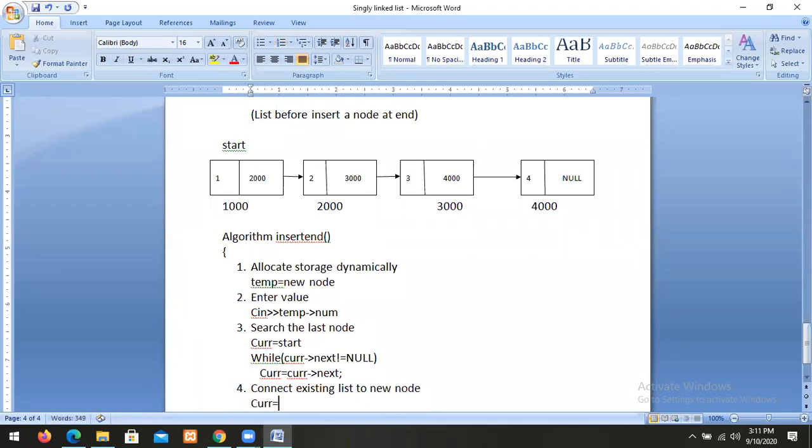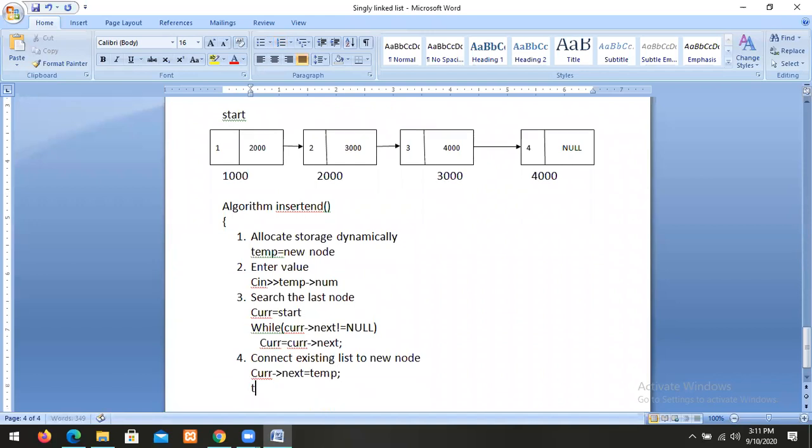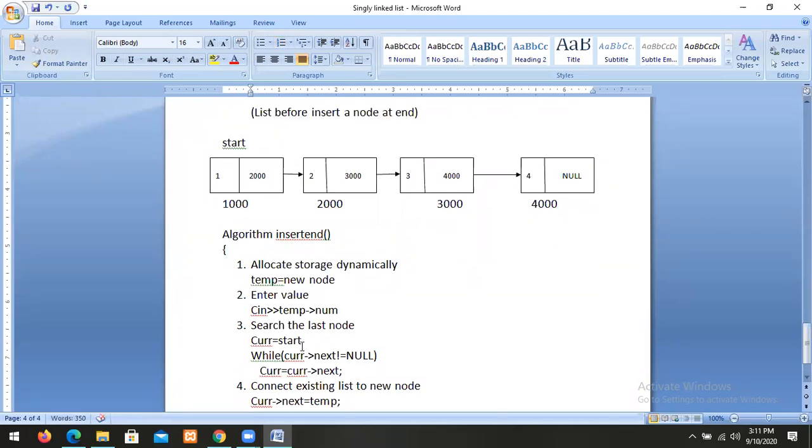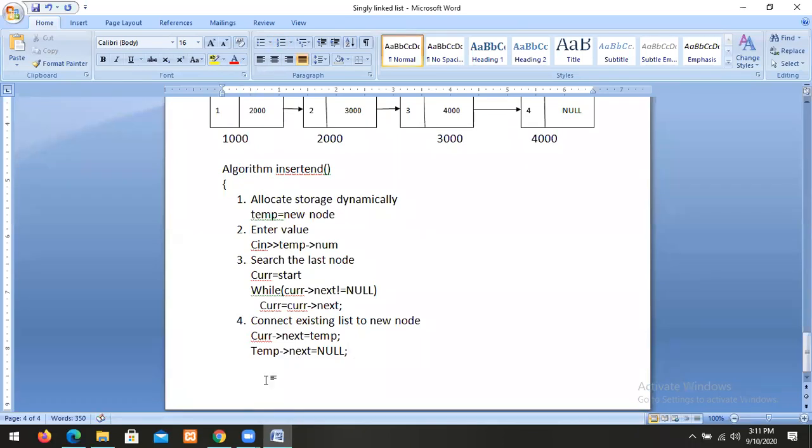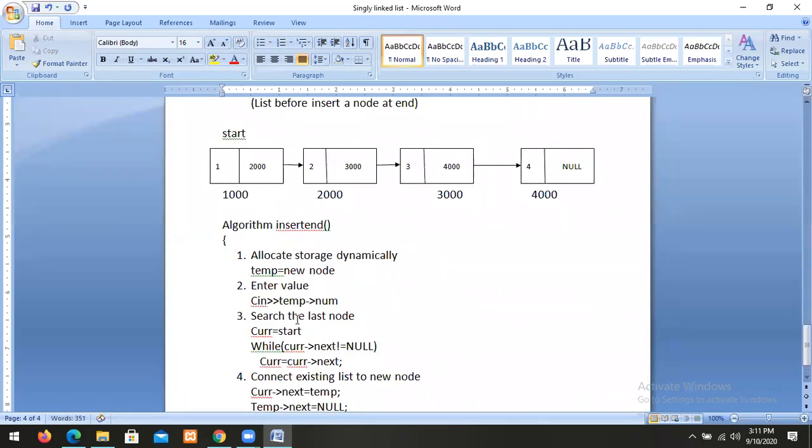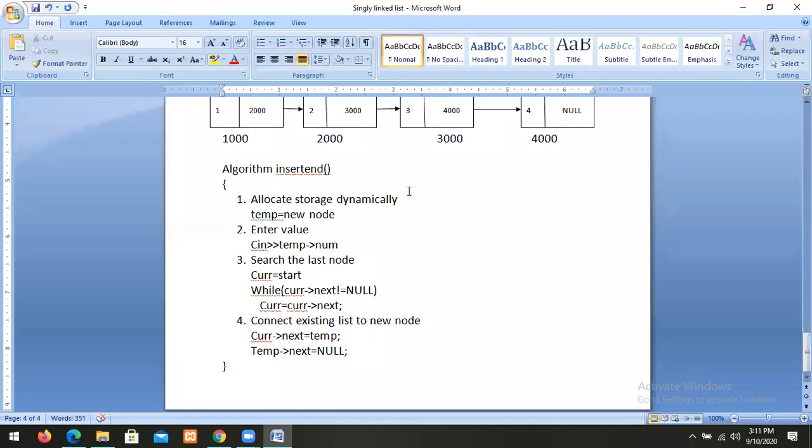Current = current arrow next, current arrow next = temp. So this is the way. Then temp arrow next = null. This is the process we use in a singly linked list to insert a node at the end.